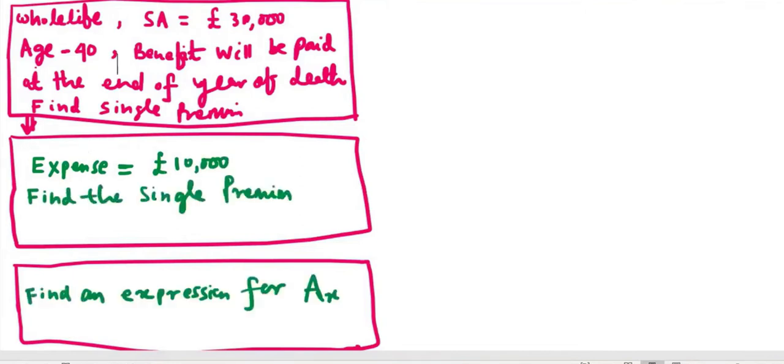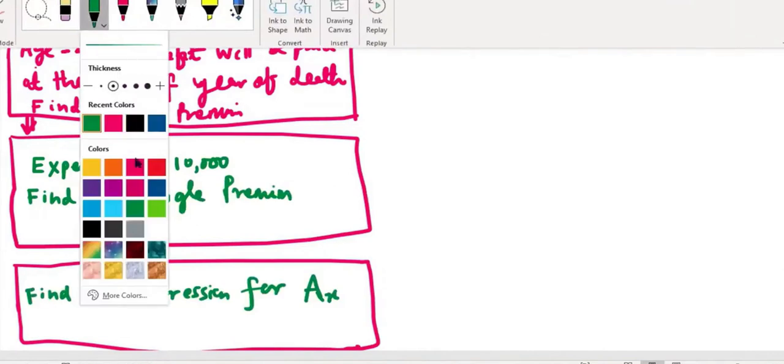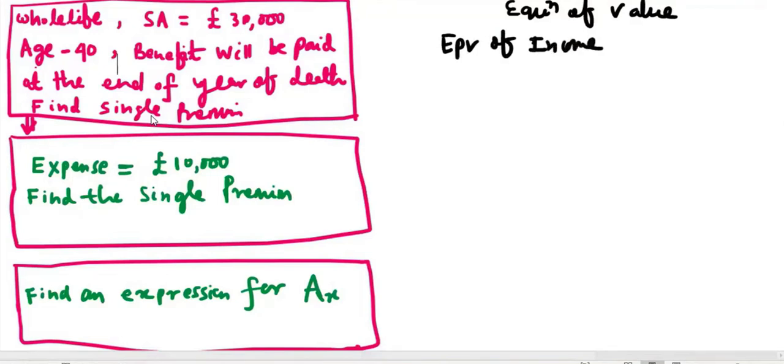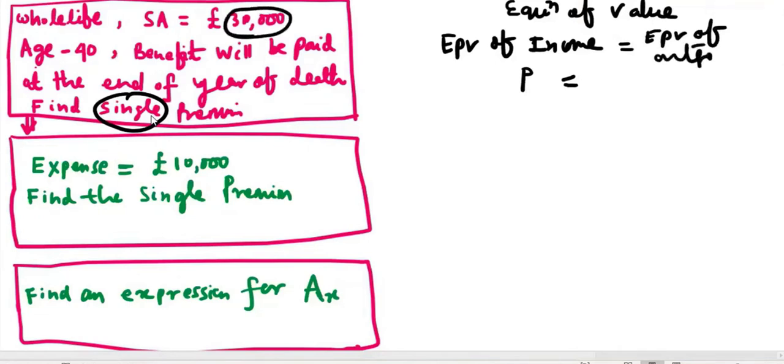Find an expression. Let me write the equation of value. Expected present value of income, only one premium, that is P. That is equal to the expected present value of outgo. 30,000 here. So you write the sum assured here, then